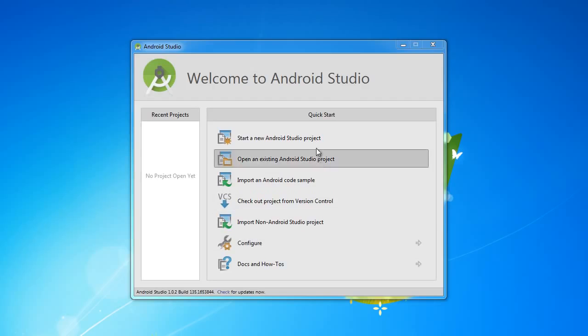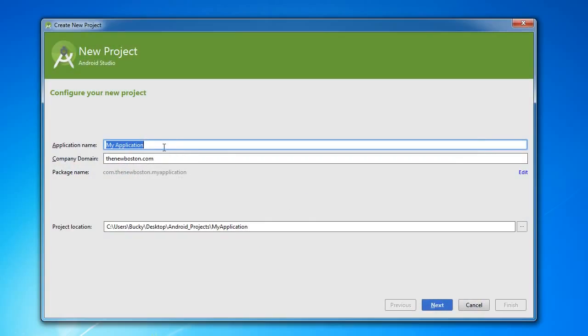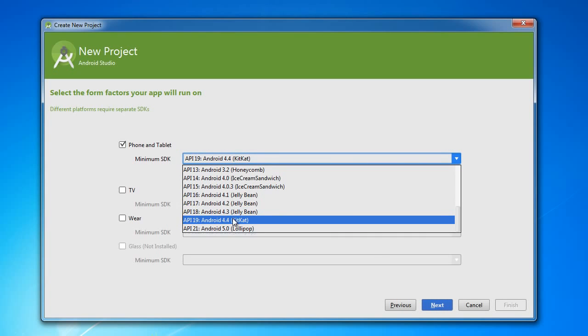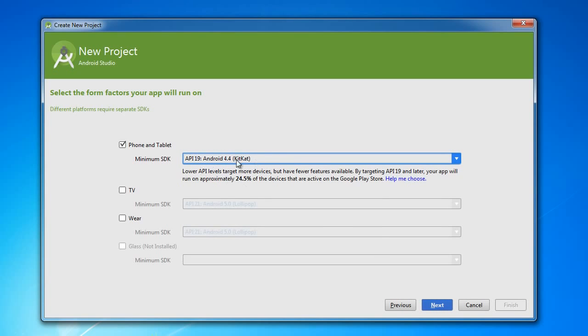So let's go ahead and get started with a new project here. And I'm just going to name this tranny. It's just short for transitions. So I'm just going to hit next right there. And another thing I want to point out, make sure that you're using API 19 for the minimum, because even though it's not going to target all of the devices for this tutorial, we're going to be using some libraries, and well, just compatible that way. So again, 19, unlike before when we were just using Froyo,